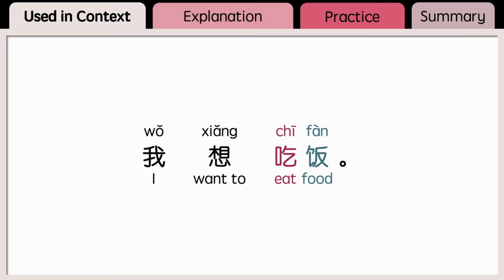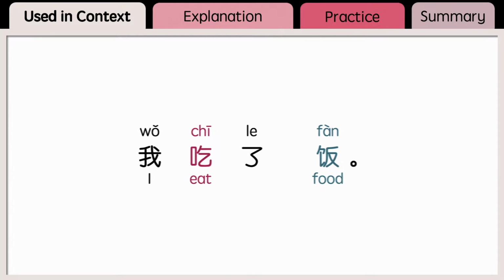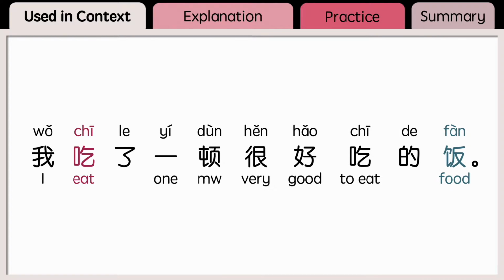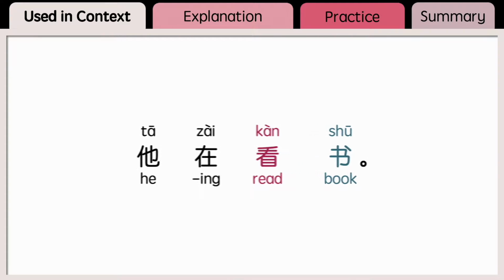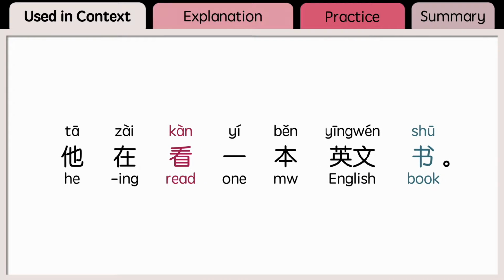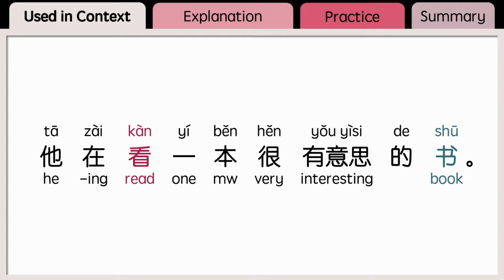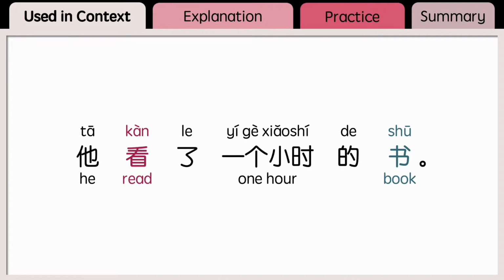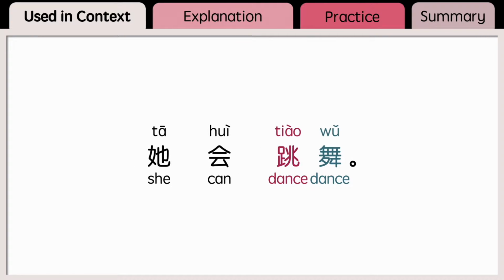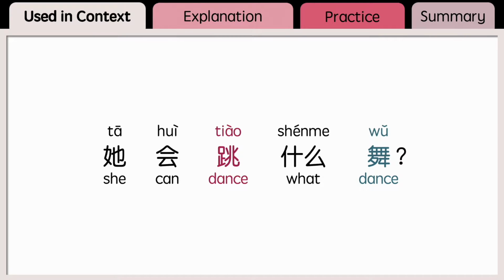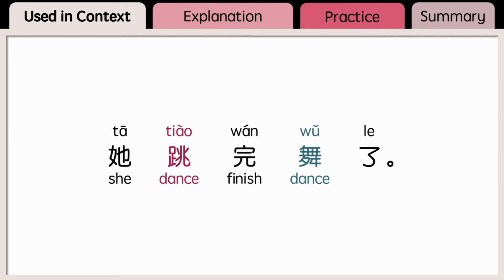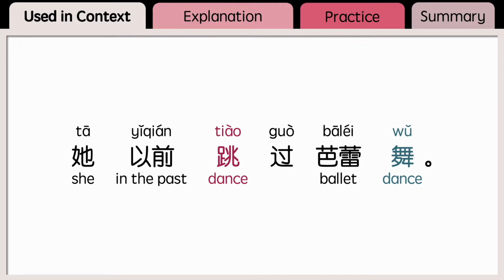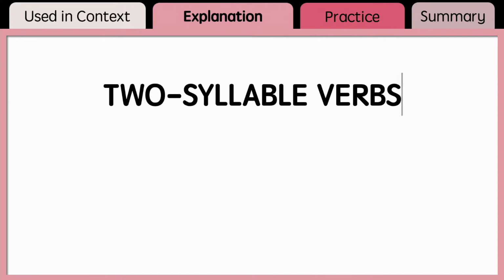Explanations will follow later. 我想吃饭。我吃了饭。我吃了一顿饭。我吃了一顿很好吃的饭。我吃了一顿奶奶做的饭。他在看书。他在看一本书。他在看一本英文书。他在看一本很有意思的书。他看了1个小时的书。他会跳舞。他会跳什么舞？他会跳芭蕾舞。他跳了1个小时的芭蕾舞。他跳完舞了。他以前跳过芭蕾舞。Many two-syllable verbs in Mandarin Chinese can be used alone as a verb, but they are